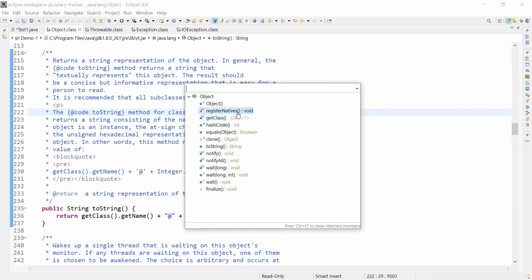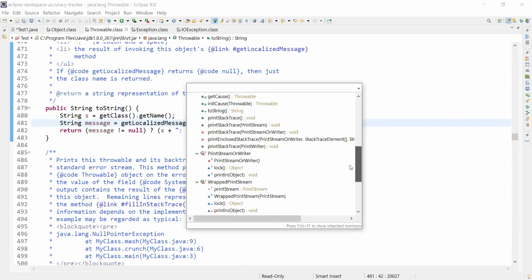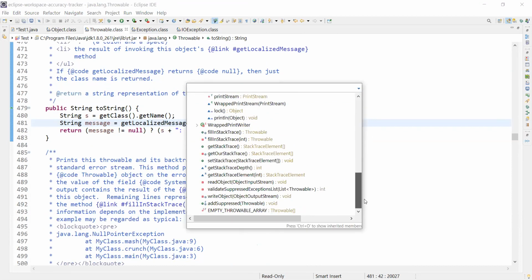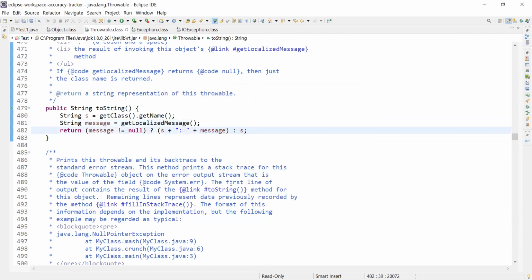So from this class, except registerNatives, I believe we will be using all the methods. Like if we go with Throwable, then there are some methods that I haven't used earlier and might not be able to tell you how we will be using those. So I have worked with printStackTrace, right? And getMessage, getLocalizedMessage, getCause. So these kinds of methods we will be using.